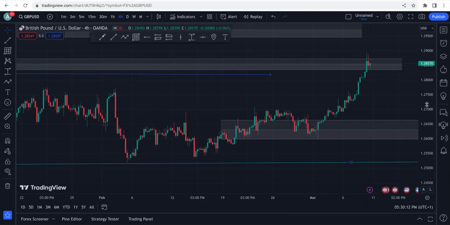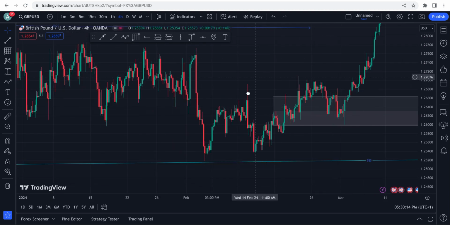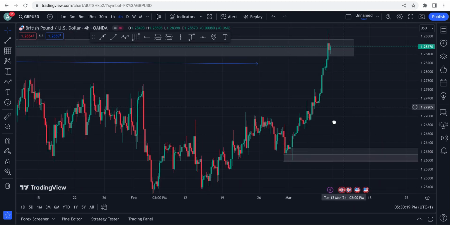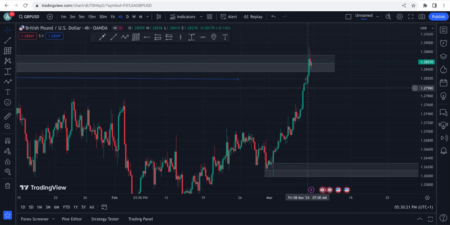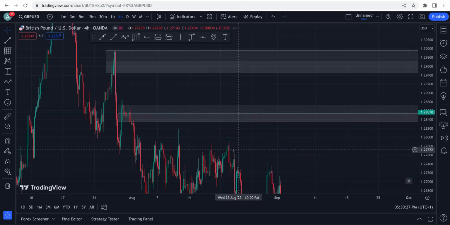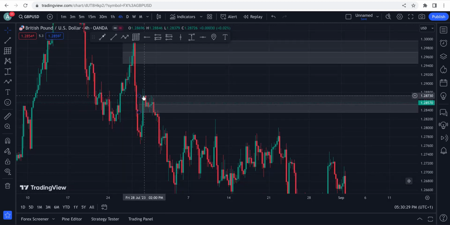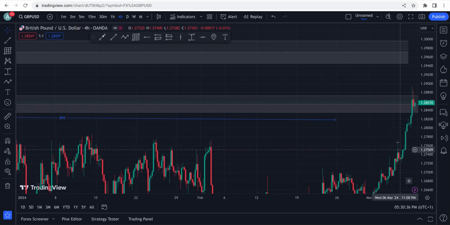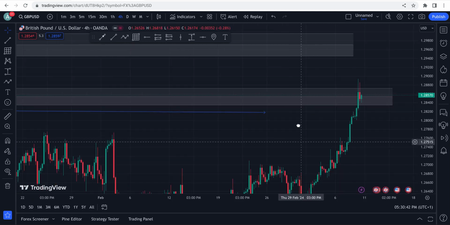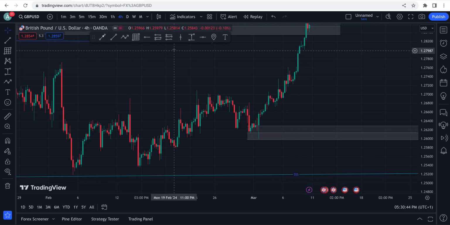Now, here we are on H4. Let's find the zone. After the tap of this demand zone, price clears some liquidity here. As you can see, we have some liquidity here, a double top, at this point, and then price cleared the liquidity with this wick, and then gave us a structure change on it, which means this will be my TP1. If I should target here, TP1.